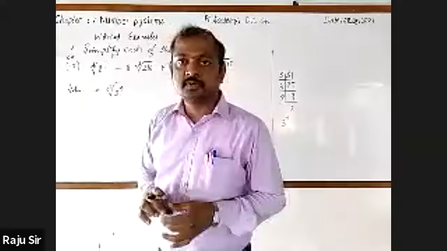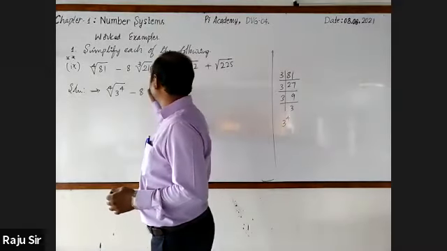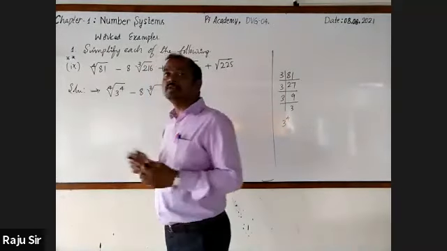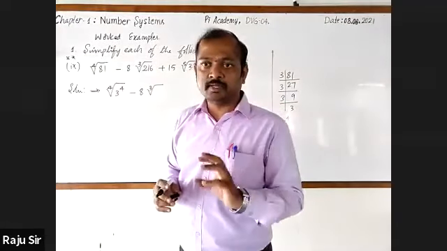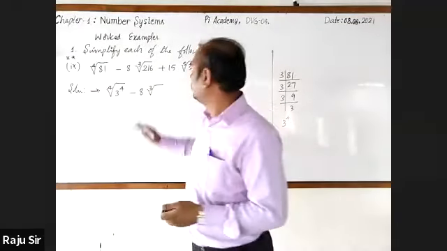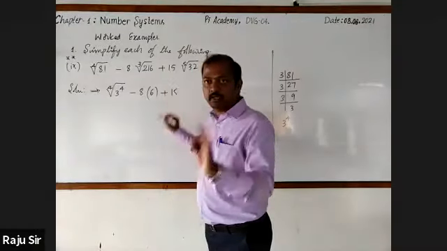Sir, 4th root. Now, please don't write. First observe. I'll give you time for writing. Minus 8 into the cube root of 216. Actually, we are very familiar with cube numbers. 6 cube, sir. The cube root of 216 is 6. Plus, the 5th root of 32.